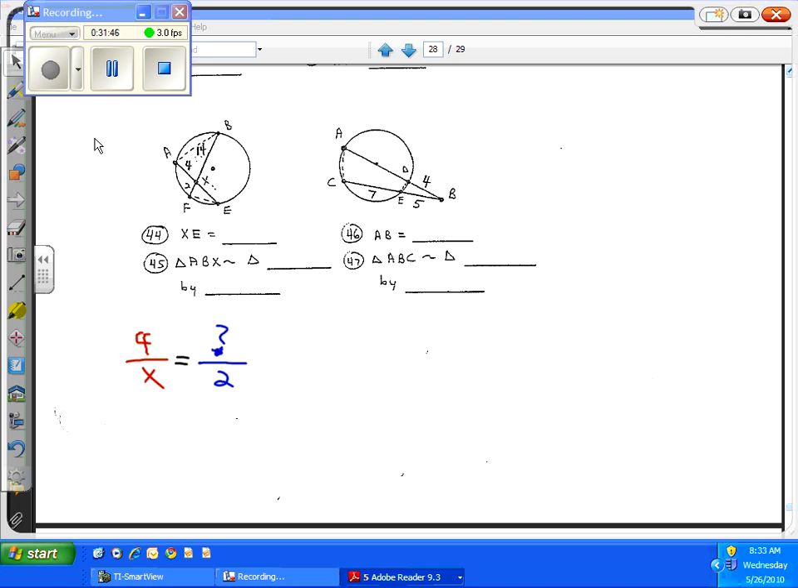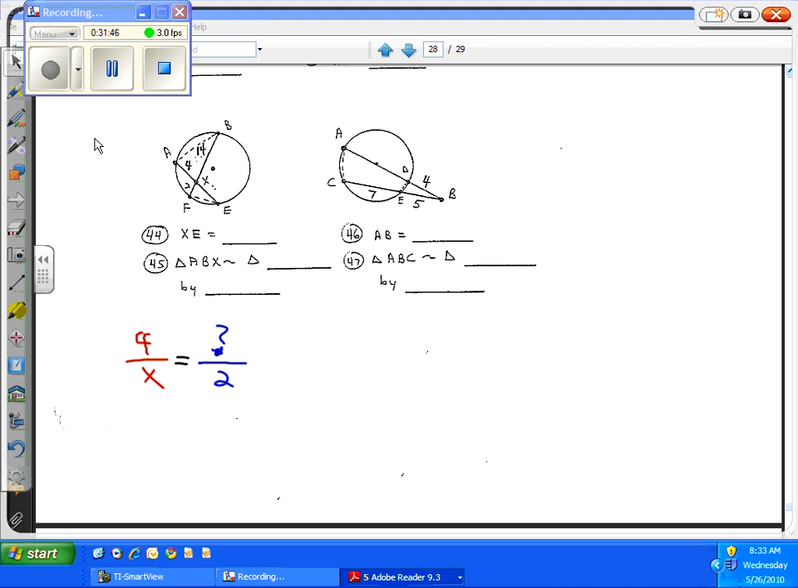Let me try that again. Having fun there, isn't it? 4 over x is equal to, we don't know,